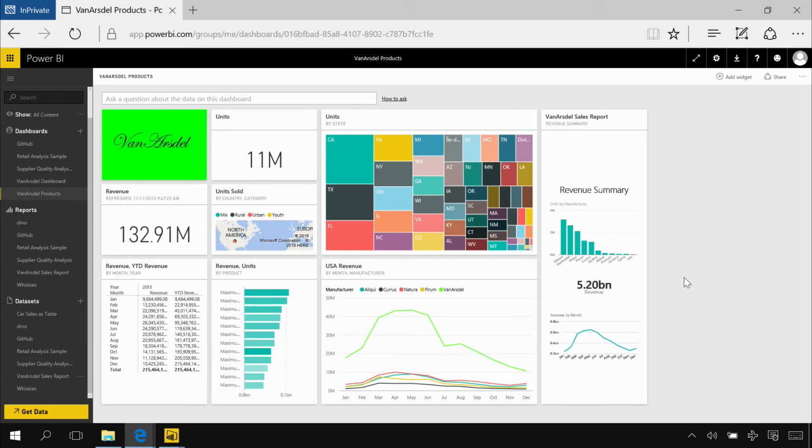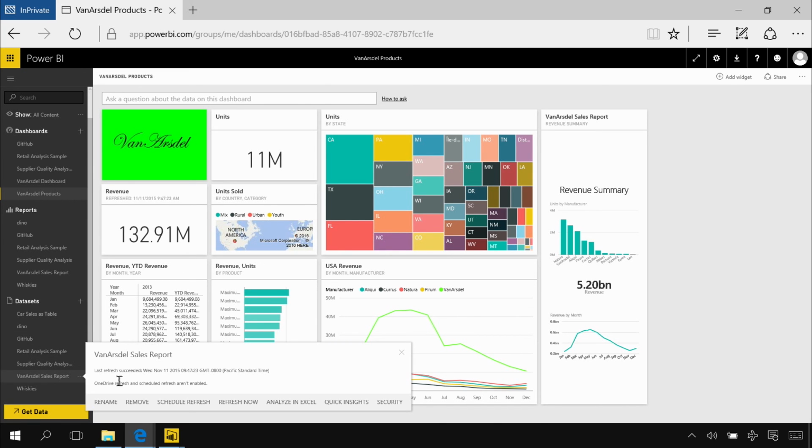Okay, I've already got some reports and dashboards built. You can see here we're looking at our product revenue and units and the like across all of the countries around the globe. And we can see here the different states that we've been selling into and across all of those countries. We're actually going to filter this data down to allow a subset of users to access just the data for Canada. So to do this, over on my data set, when you click on the ... menu,